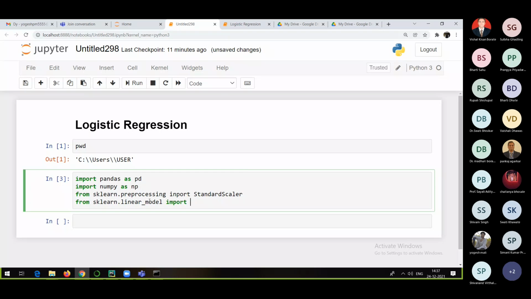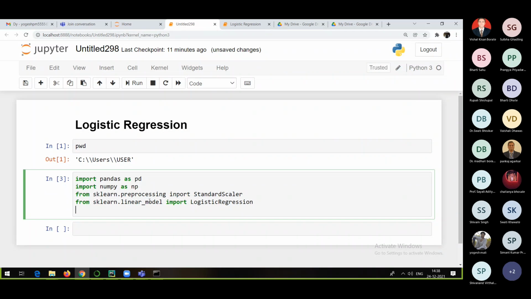What I want to import is LogisticRegression. If I press tab, yes, it is going to autocomplete. So this is our actual algorithm. Along with this, one can definitely even import some regularization methods. That's also possible. Okay, so StandardScaler, pandas, numpy, and logistic regression is what we imported.